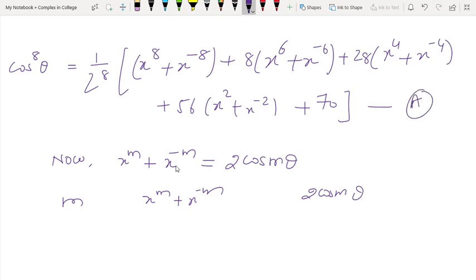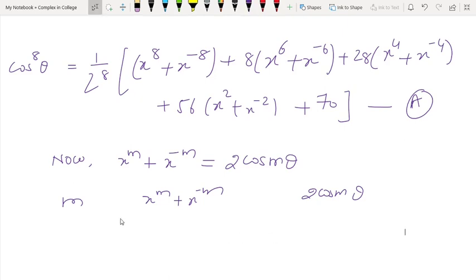समझ में आ रहा है कि आपको, देखो हमारे पास ये रिजल्ट x raised to m और x raised to minus m, it is 2 cos m theta. तो ये हमारे पास इसी सेम फ्रेम में यहाँ पे भी दिख रहा है, like x raised to 8, x raised to minus 8, x raised to 6, x raised to minus 8. Same structure is there with different m's, with different numbers, और उसको हमको क्या करना है, उसको कन्वर्ट करना है कोसाइन टर्म में. सो ऐसा हम करने से क्या करेंगे, cos raised to 8 theta का हम एक्सपांड कर पाएंगे with the cosine term. So let's proceed for it.